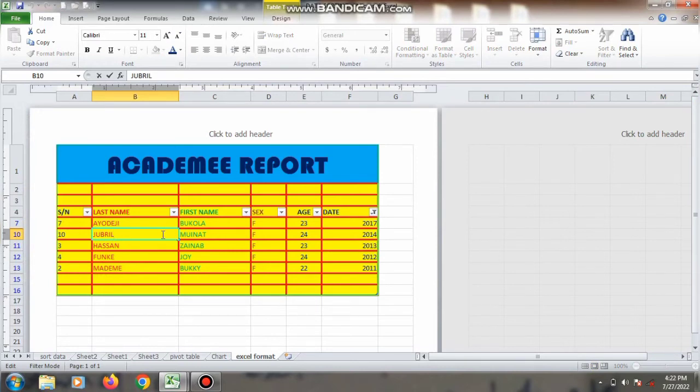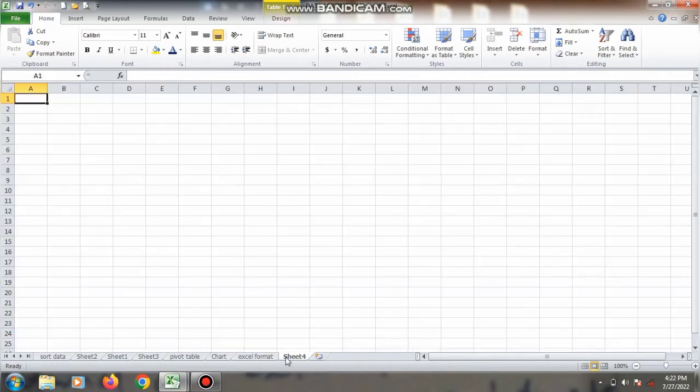Now, working with our sheet, you can also rename your worksheet. As you could see me, I'm renaming my sheet so that I will know the exact place I'm going, as you can have thousands of worksheets in a workbook. You see, I'm on Excel format. I open another one. If I want to name it so that I can easily know which work I want